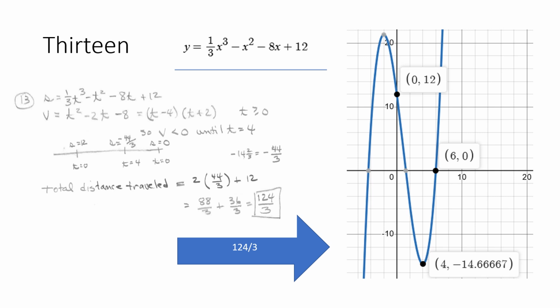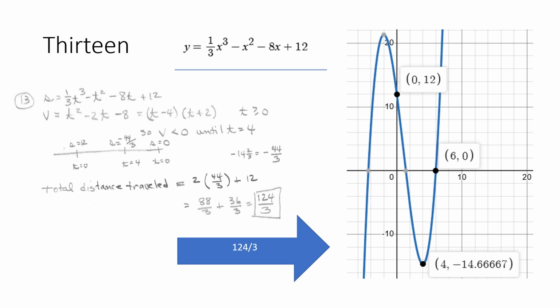Well, you take the derivative of the position function and factor it, and you realize that v is going to be negative until t equals 4, and then it's going to be positive. And so you start at 12 and you go in a negative direction until you reach 4. Now that means that you went 12 down, and then you went 44 over 3 down, but then you go back up again,